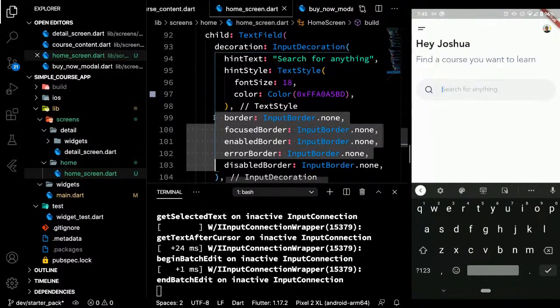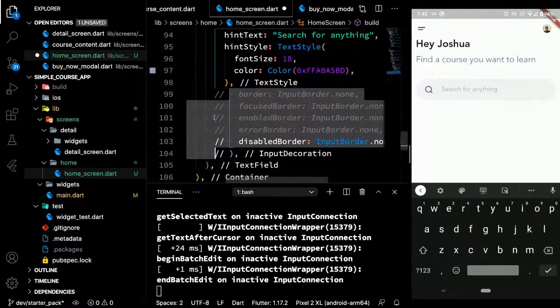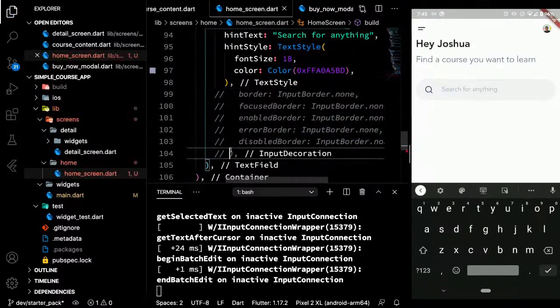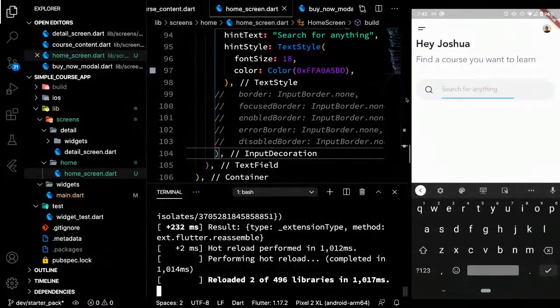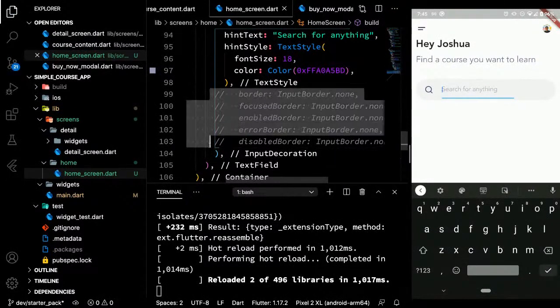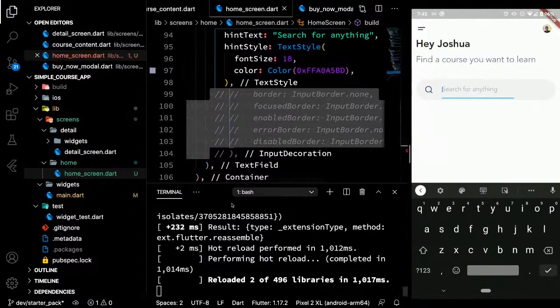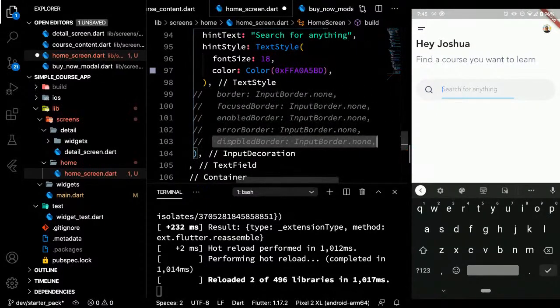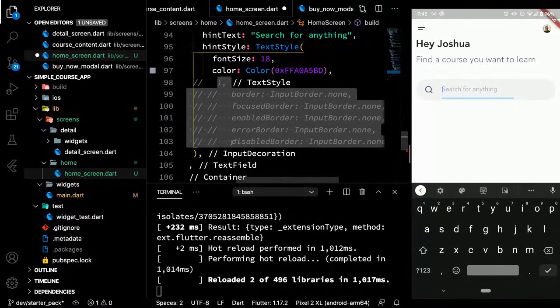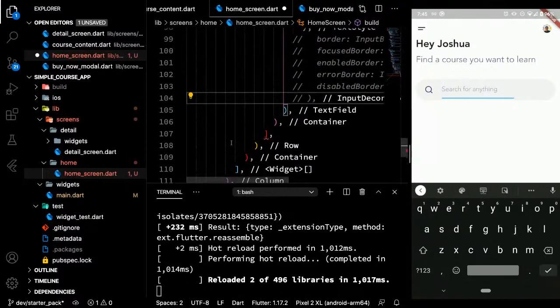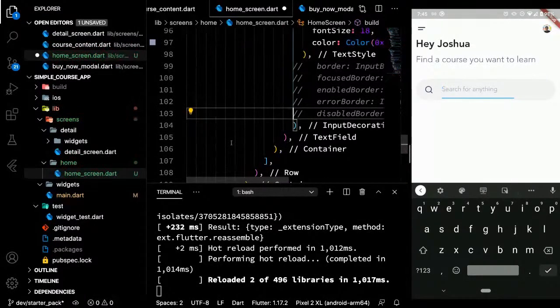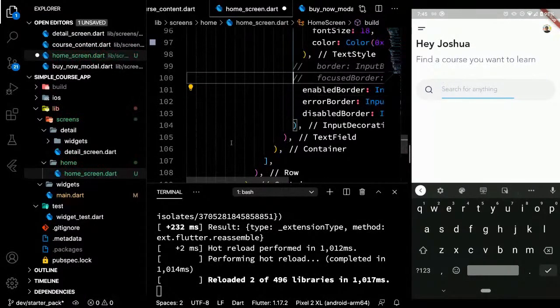If you try uncommenting this one, you'll see there's a line at the very end. So what you need to do is add these five properties to disable it. Okay, I'll uncomment this one by one.